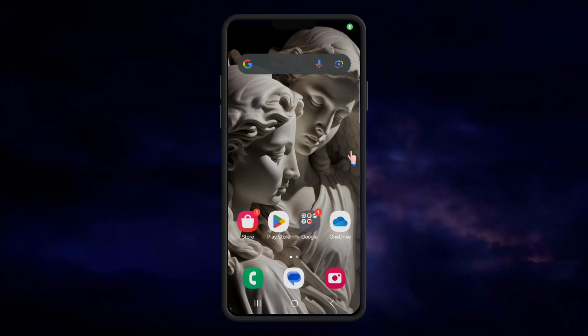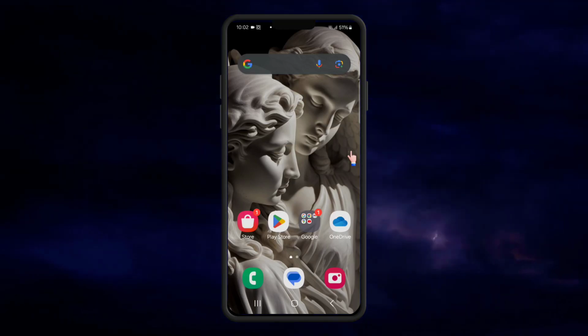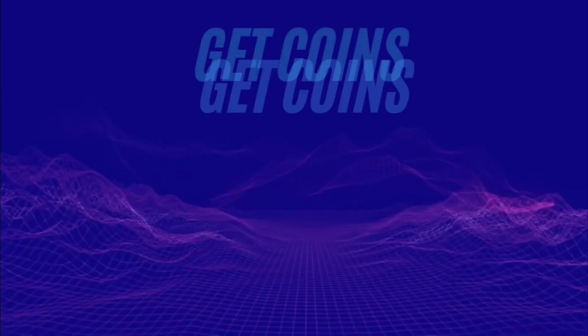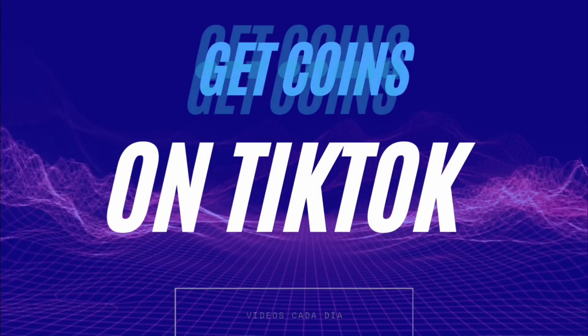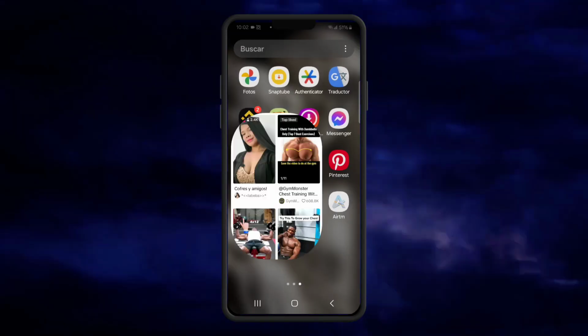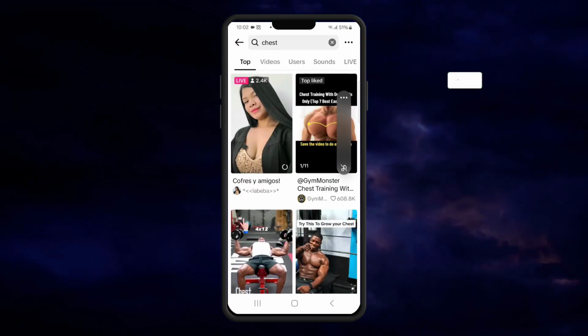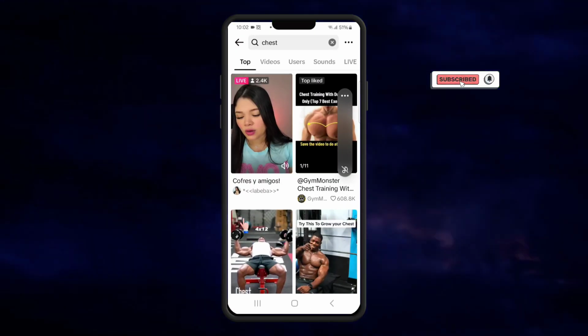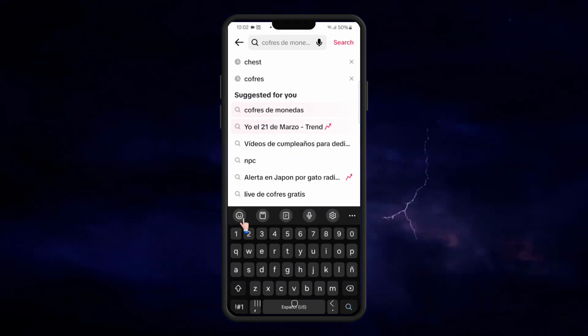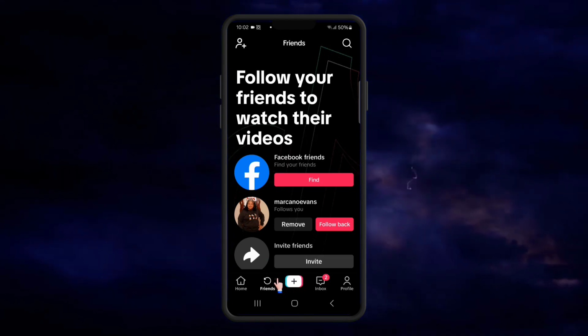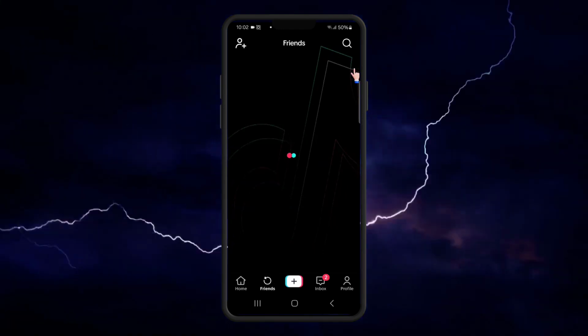Hey guys, in this video I am going to show you how you can get free coins on TikTok. We are going to go to the TikTok application here, and in my case I lowered the volume so as not to interrupt us, and we can see the friends options and we search